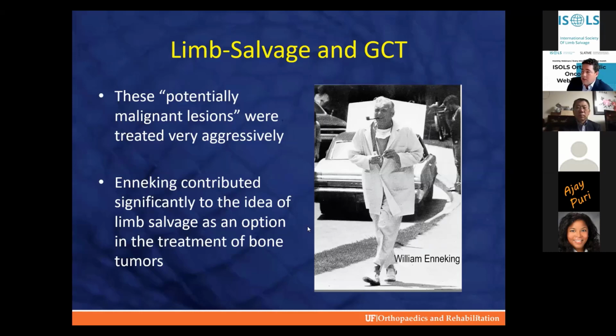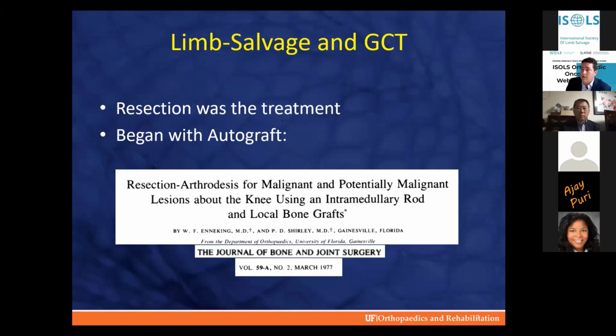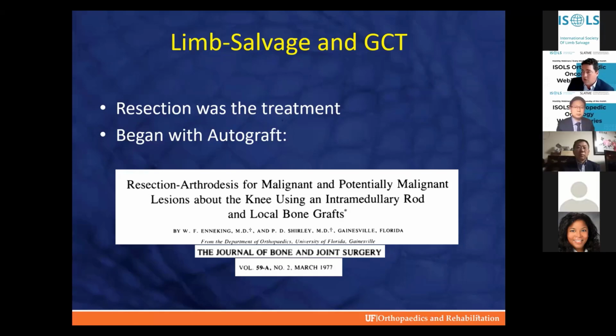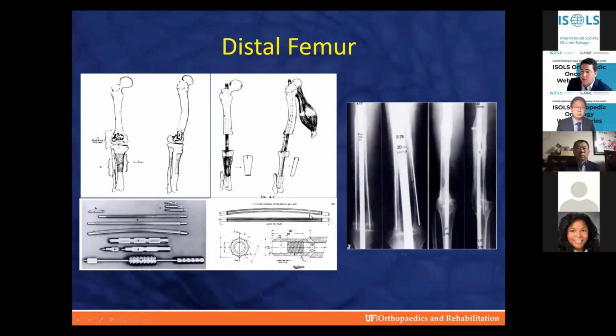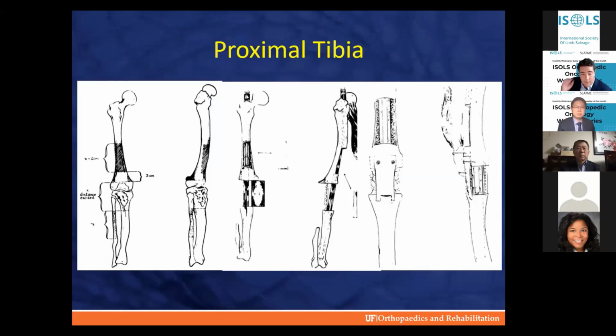This is an article he published in 1977 where he proposed a resection arthrodesis using autogenous bone grafting about the knee. With giant cell tumors being so prevalent around the knee, ultimately, a lot of the patients that he treated with this ended up undergoing this procedure for giant cell tumor. So you can see some of the cartoon renditions there on the left, the drawings where you have a distal femur and he would do a tibial turn up and use ipsilateral tibia or a femoral turn down. Some of the radiographic examples there on the right, and that was the fusion nail that he would use, which was made out of stainless steel and was fluted. I've actually had to take one of them out. I'll show you an example of that.